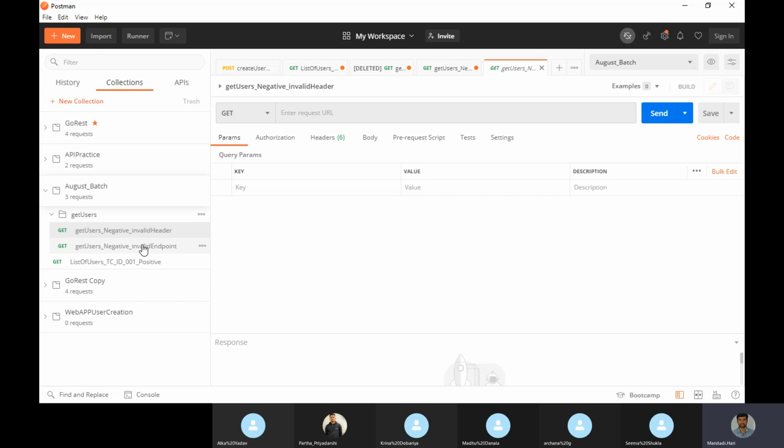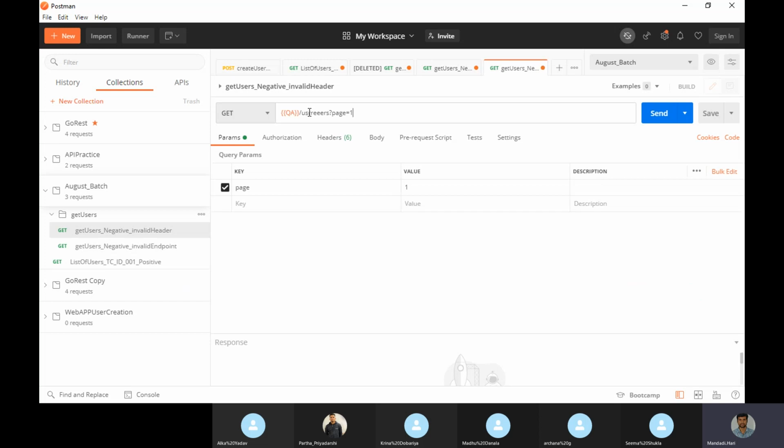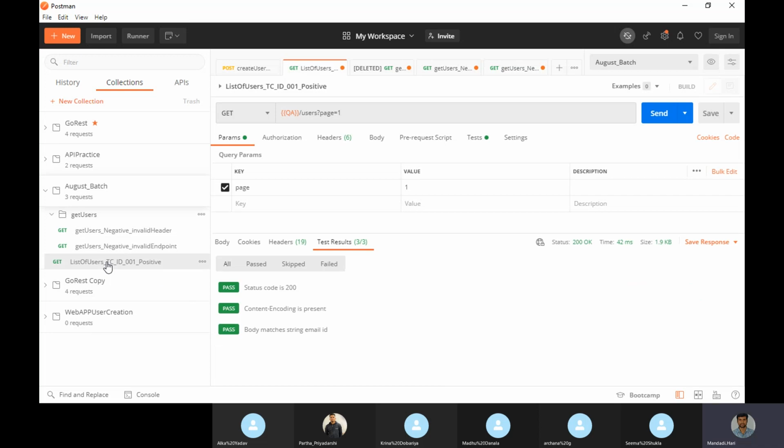Invalid header, this is also the same, the endpoint is the same. Normally I did duplicate, right? It will come with all of them, but I duplicated one where data is not present, that's why this is like this. Why is this out of the folder? I wanted to keep it inside the folder, so I kept it. Just navigated. So I have three cases now.